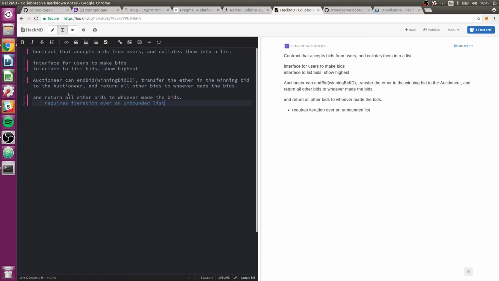So what is the purpose of this? Why do we want to return all other bids to whoever made the bids? Well, that's because, if this is an auction and there's 10 people making bids and one person wins, well, the other 9 people are going to want their money back. But another way we could